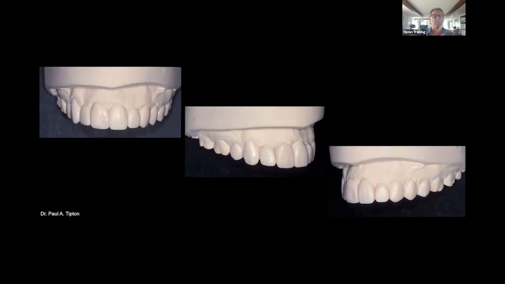Now with our diagnostic wax up, we have made the center line so it's in the ideal position. But look what happens with the diagnostic wax up. Straight away, the zeniths have changed. It's important you understand the relationship between zeniths of teeth and center line. Change center line by restorations, then you change the zenith. What we then have to do to get that zenith to look better again is either gingival surgery or changing